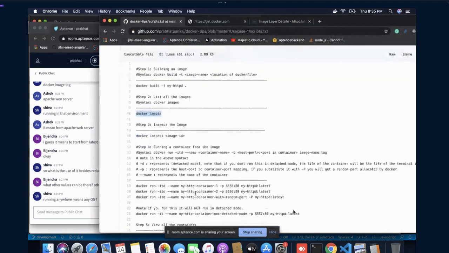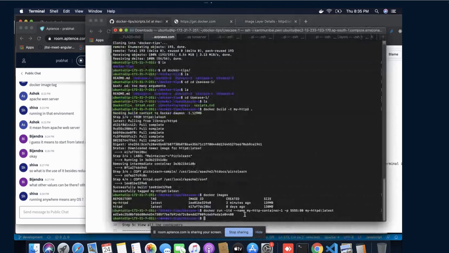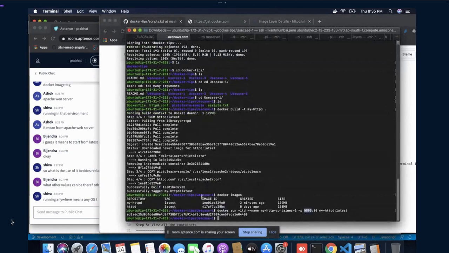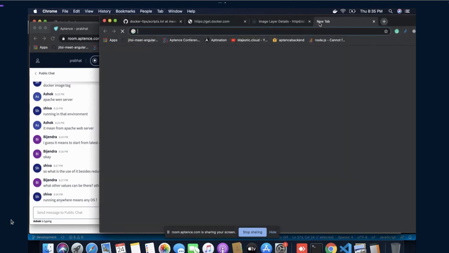Now let's run this command. I'll show you how it will work. If I run this one, okay, now I may have to enable this one.